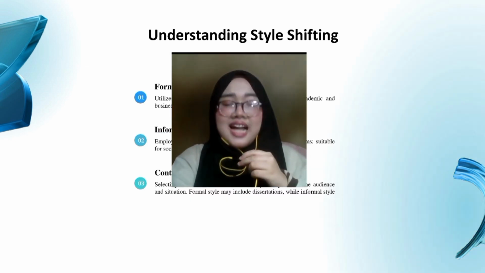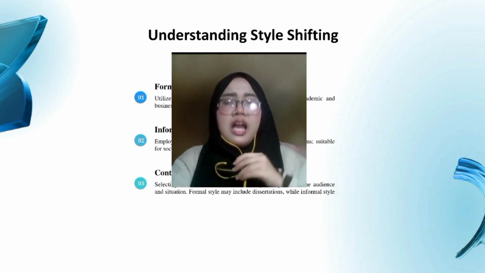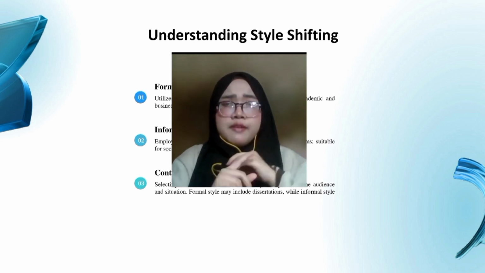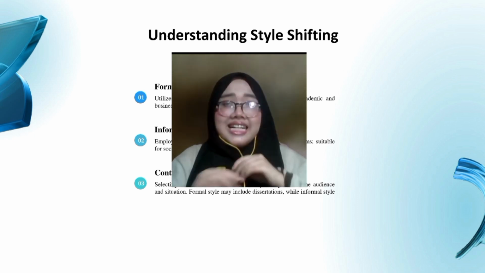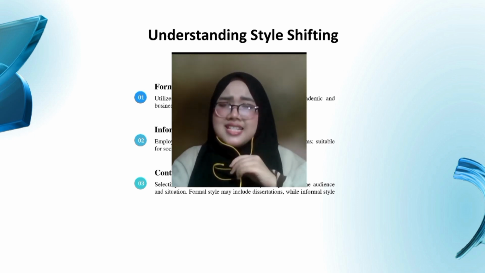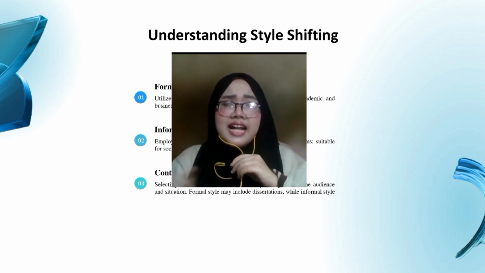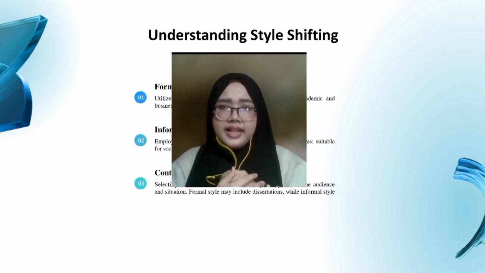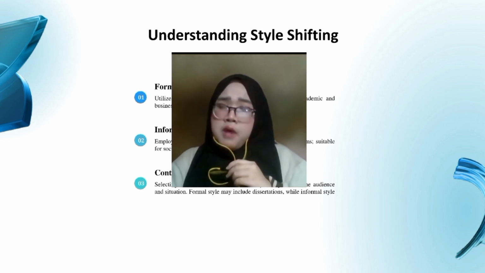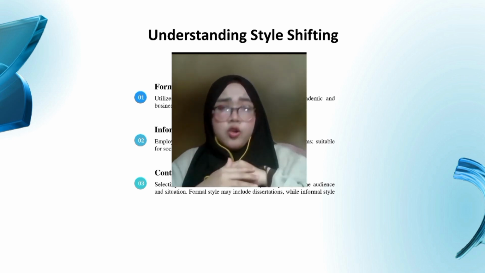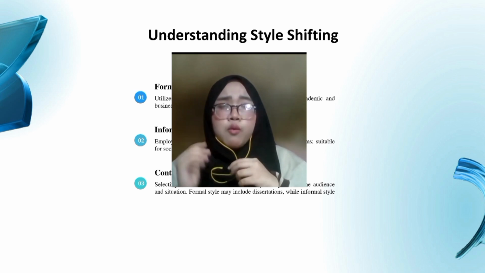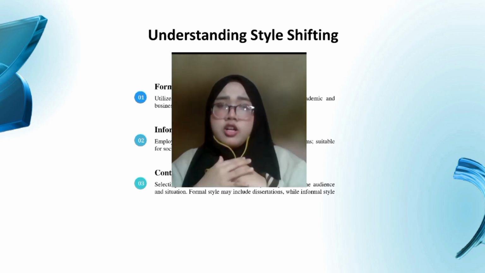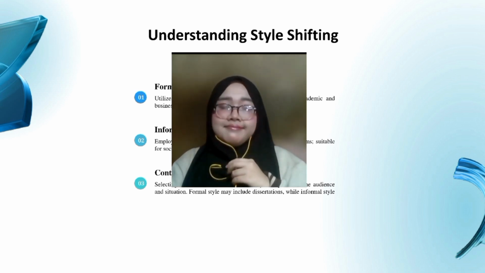There are two basic types of styles, formal and informal. Formal style uses exact words and avoids contractions like don't or isn't. This style is common in business, school, or professional writing. Informal style is relaxed and uses casual expressions, which are great for texting friends or chatting online. We have to be smart about choosing styles. For example, writing a dissertation needs a formal style, but commenting on social media can be informal. The right choice depends on who you are talking to and why.